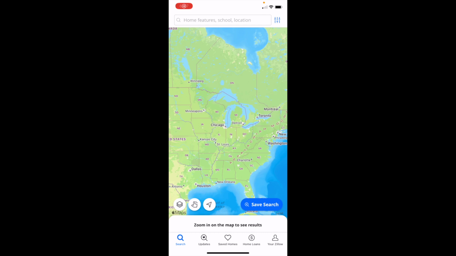So in this Zillow tutorial video, I am going to be showing you guys how to edit the Max HOA filters here on Zillow. So the first thing you have to do once you have the Zillow application opened up on your device is to go to the bottom left and press on the search icon. Then go to the top right beside the search bar and press on the filters icon, or the three vertical